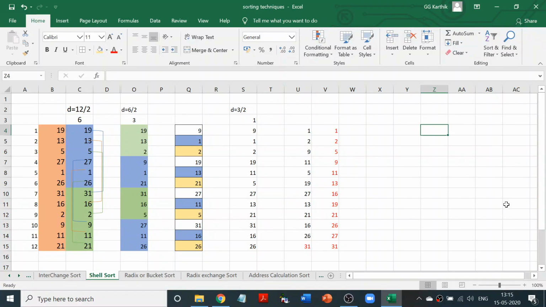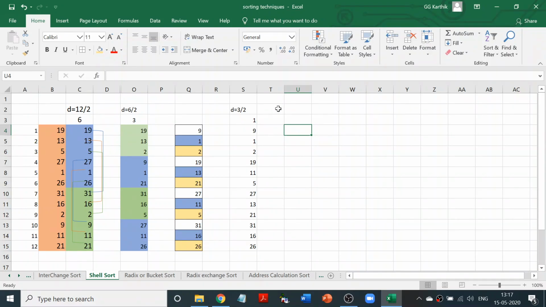So if you find interchange sort easier, I've used interchange sort here, and first you will find the largest, then the second largest, third largest, and then you would have sorted the whole list. But what is the actual method of doing it? The actual step tells you to compare all the ones, all the twos, and all the threes. Here you had 1, 2, 3. Here you will be dividing the list only in terms of 1. So everything is a 1, which means all the ones have to be compared and sorted, right? That is the actual technique.